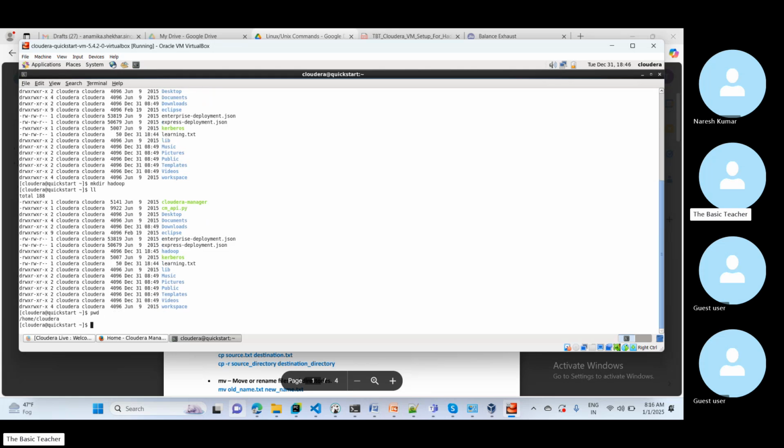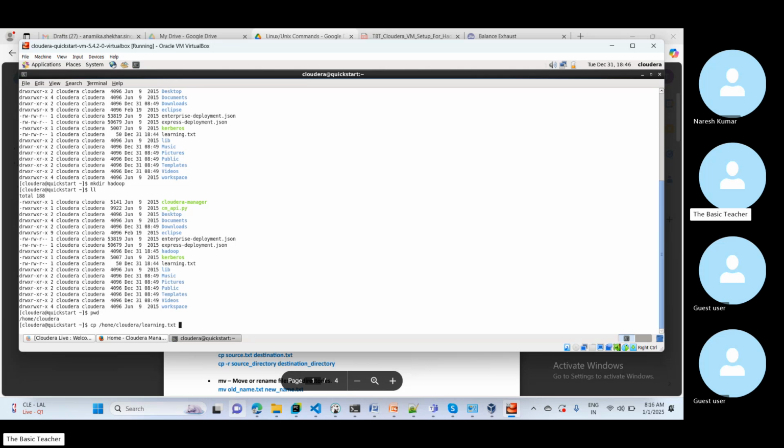If I do pwd, print current path, it is home and cloudera. So I can take, let's say, cp. cp means copy, mv means move. If I want to maintain a copy, one copy here also and one copy there also, then I can use cp. Or if I want to move, no copy, then I can use mv directly. Okay. So let's say cp and then this path, home cloudera. Then my file name was